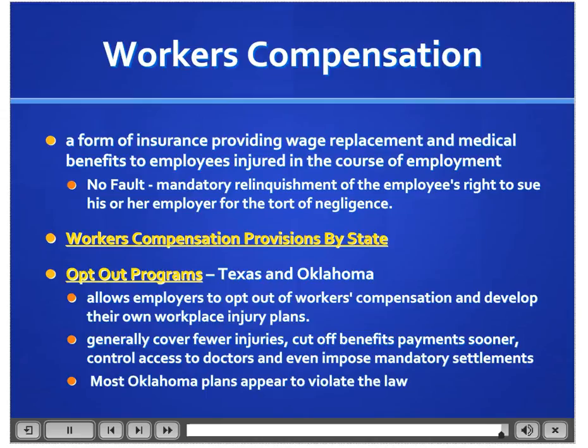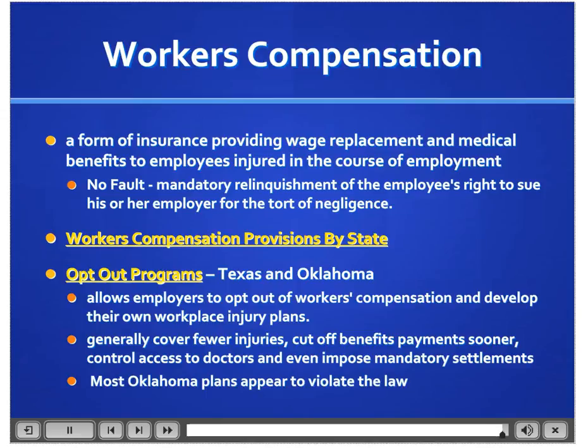A lot of employers really challenge whether or not someone was injured on the job, if they had a pre-existing condition that might have made them prone to having that injury. So there becomes issues of joint liabilities and things like that. What it should have been, and I think a lot of employers and a lot of people are still fighting for, is to make it a no-fault policy where the employee relinquishes their right to sue in order for them to be